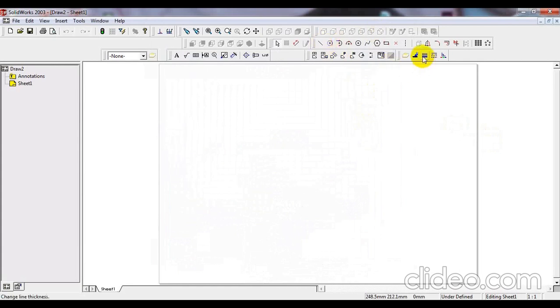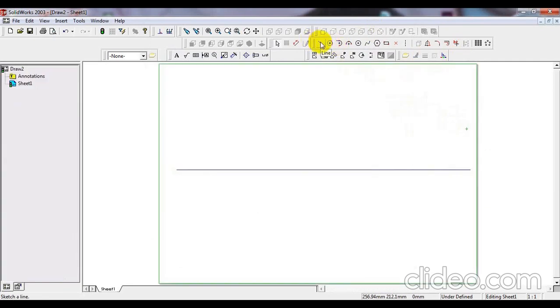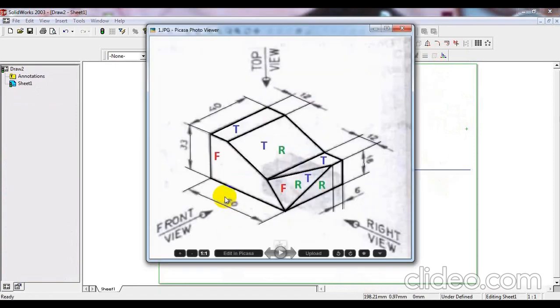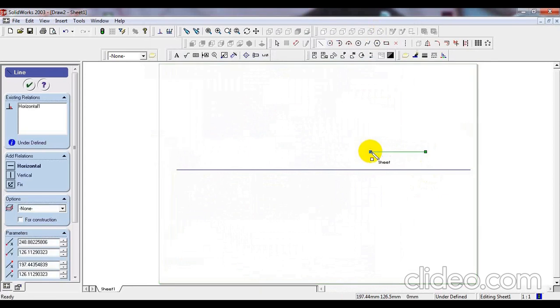First select line width, line thickness, take a line command, draw one horizontal line and select line. Rough sketch of 50 mm into height 33 mm. Draw approx 50 mm, and from here height 33 mm